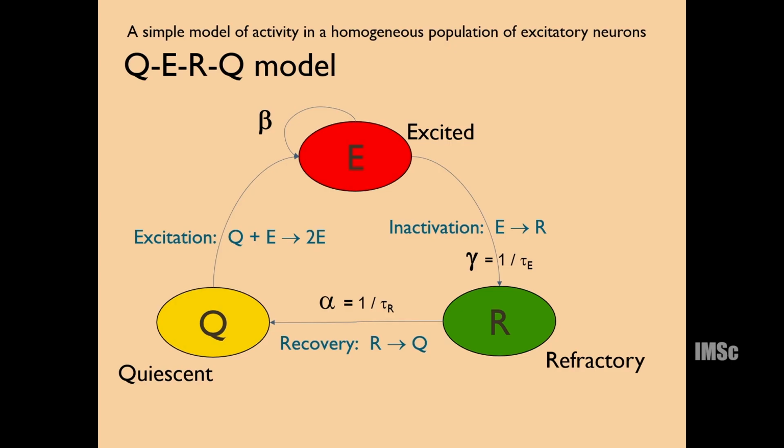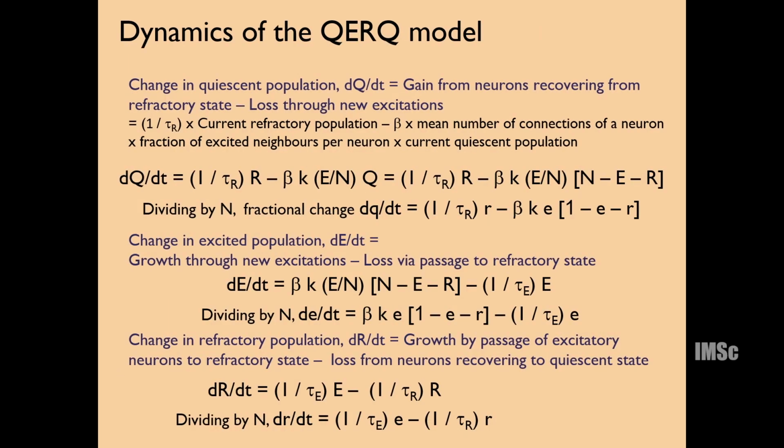So here, with some rate beta I am going into excited, and with another rate gamma, which is inversely related to the duration, I am going to the refractory state. Sorry, this is the action potential duration, not the refractory period. And then with alpha, 1 over the refractory period, I am going to the quiescent state. So exactly as in the SIR model, I can write down equations for dQ/dt, dE/dt and